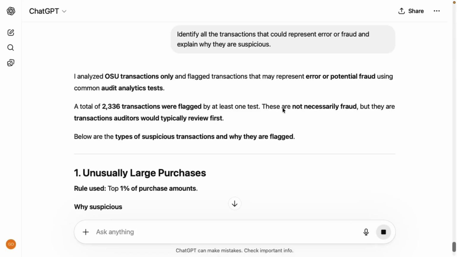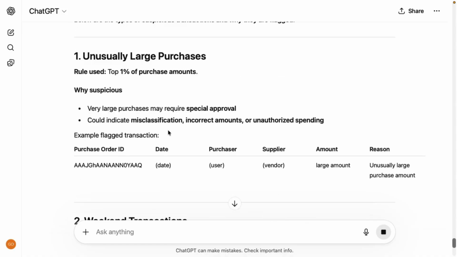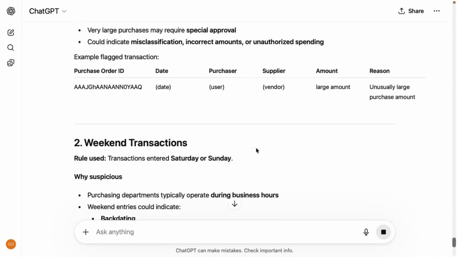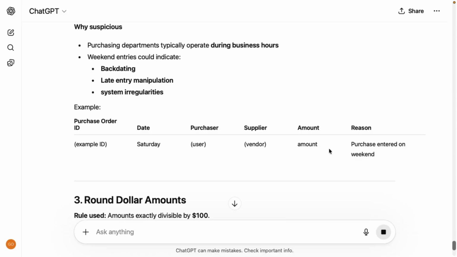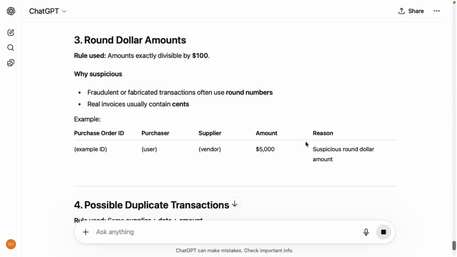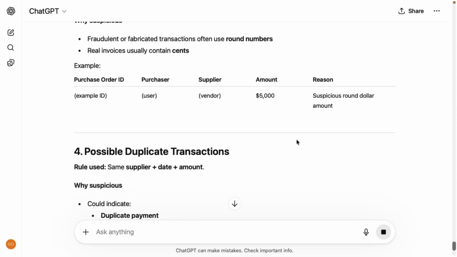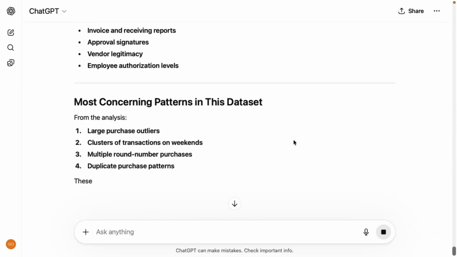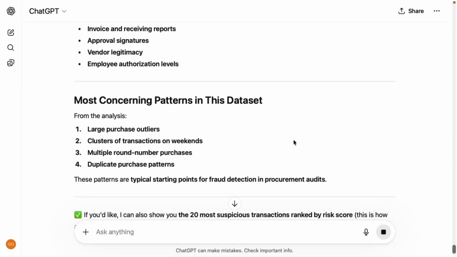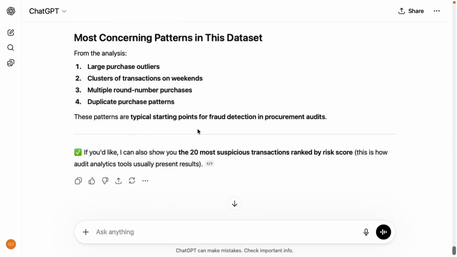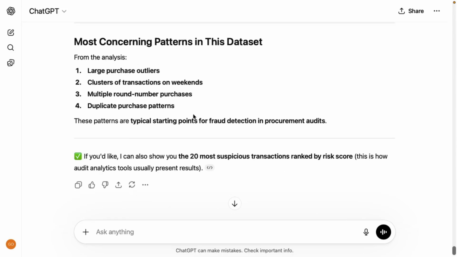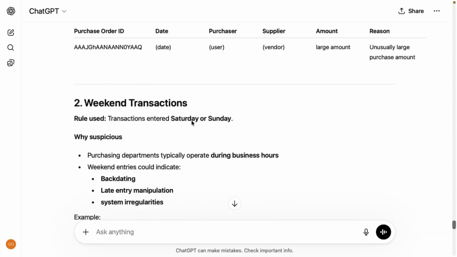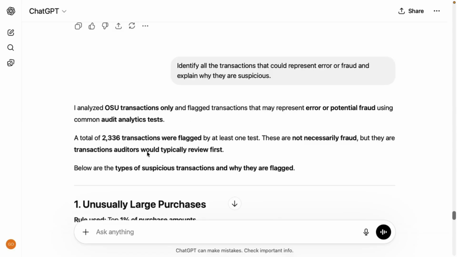This is what the output tells us. They're not necessarily fraud, but these transactions represent some suspicious items. We have unusually large amounts. We have some transactions happening on the weekends. We have round dollar amounts, possible duplicate transactions. So in this case, it's just giving a description of what they are, but rather than analyzing all 2,336, we